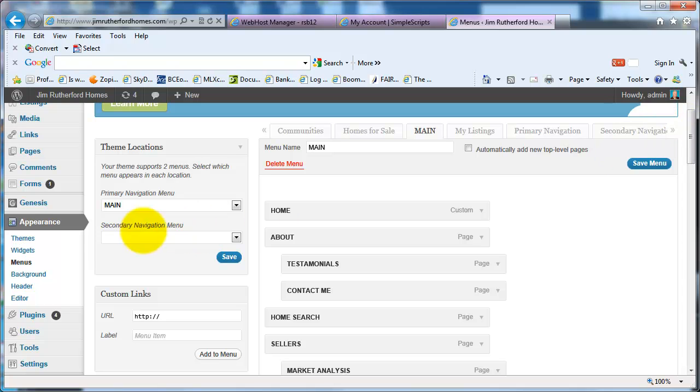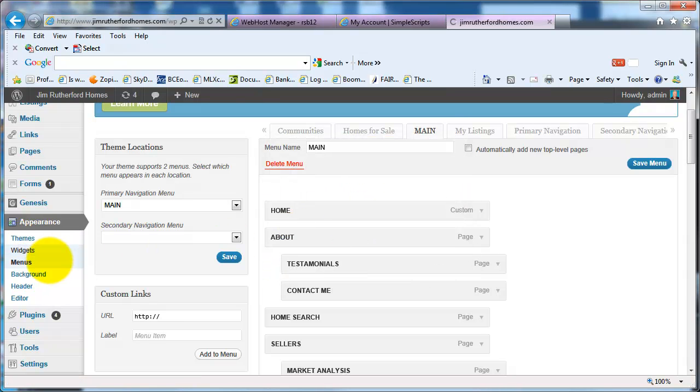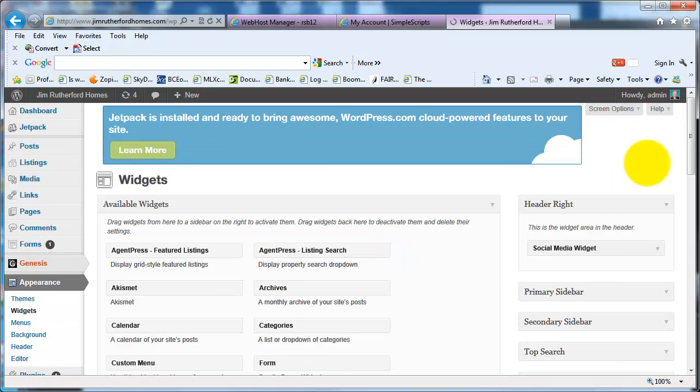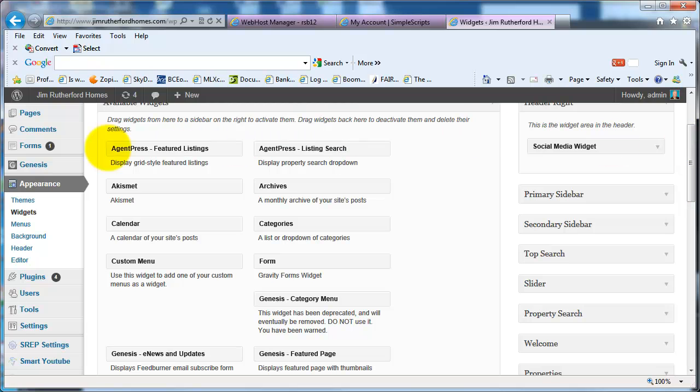So that's how you would do that. Really, there's not a whole lot else that you've got to worry about. I'm going to show you the widget interface so you can see what this looks like. These are the potential widgets that you have available to you. Widgets are,